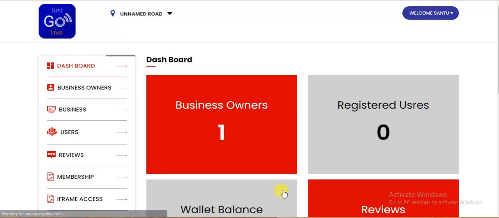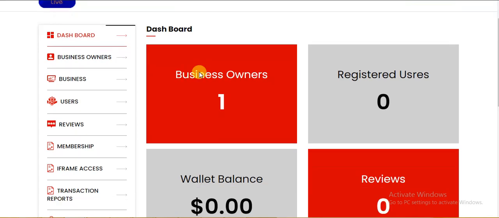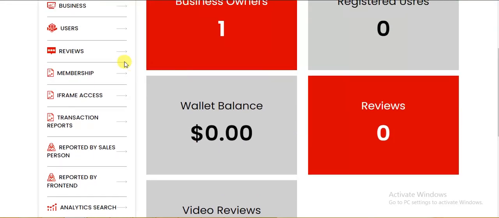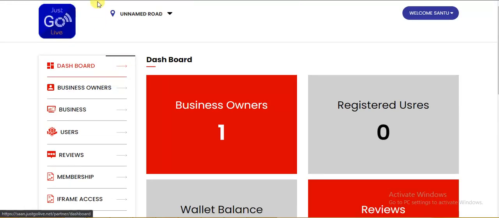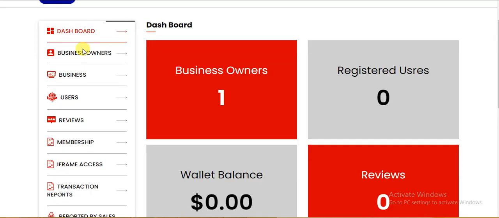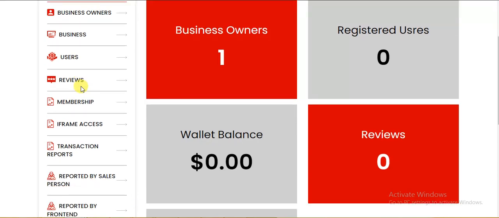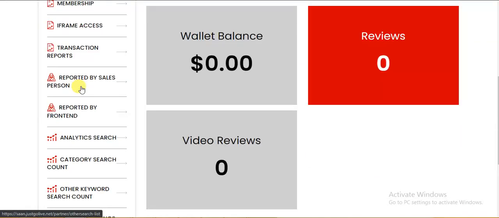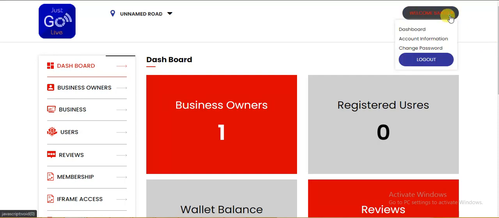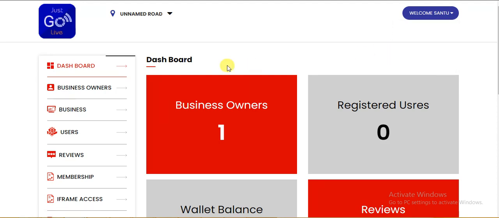So after login, you basically get access to the same portals, same options, menus, everything which you can access from the main domain. You can see you get the same options here. Again, from the top menu, you can change the account information or you can change the password. The password change is self-explanatory, so I am not going into that. Rather, I will go and discuss with you about the other menus.